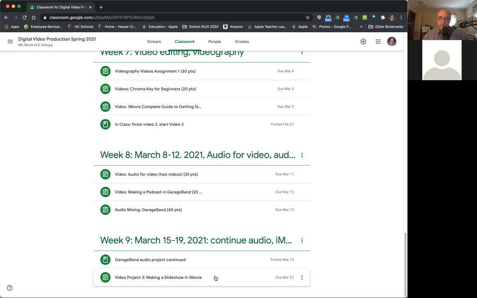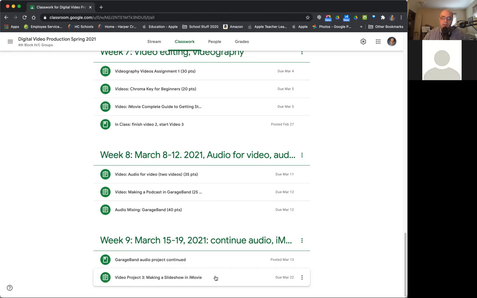So for the slideshow, for those who have not come in yet to do it, which is everybody, we're going to be using all photos in iMovie. We're going to learn a whole bunch of different ways you can edit them and use them to make a slideshow. In a normal video project, you can use photos or video clips. It doesn't have to be either or. You can mix and match all you want. But for this project, because we're focusing our skills on the photos, we're just going to do a slideshow. We'll have titles. We'll have maybe some music. We'll have